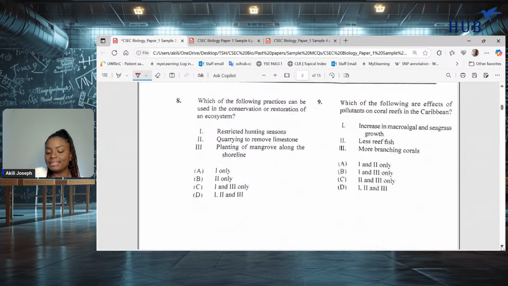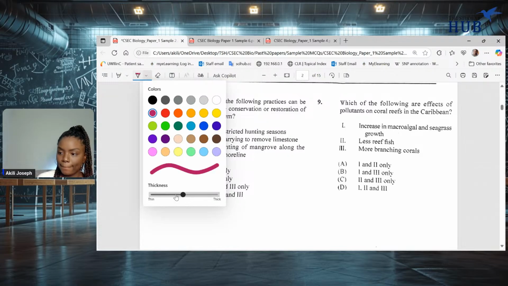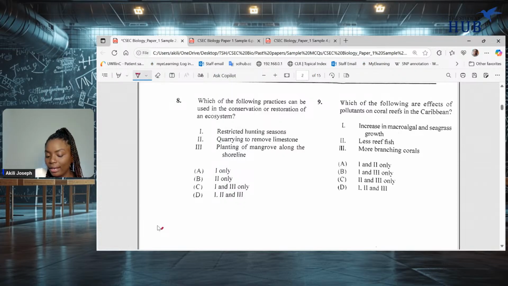8, which of the following practices can be used in the conservation or restoration of an ecosystem? You have restricted hunting seasons, quarrying to remove limestone, or planting of mangrove along the shoreline. It's going to be 1 only, 2 only, 1 and 3 only, or 1, 2, and 3. So conservation or restoration of an ecosystem is going to be something positive, right? But quarrying to remove limestone is a destructive practice. So we basically don't want any option that has 2 in it, right? So that would eliminate D, eliminate B,